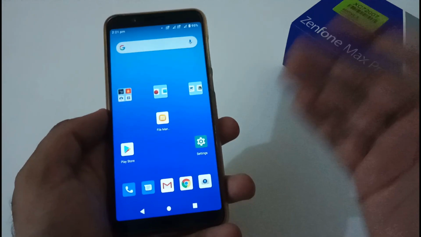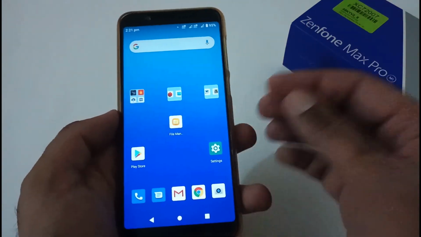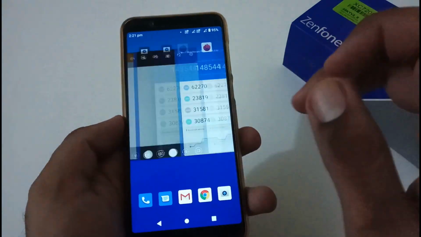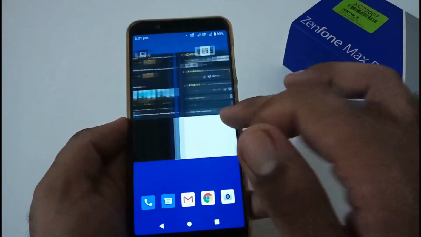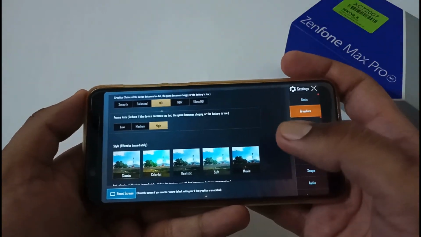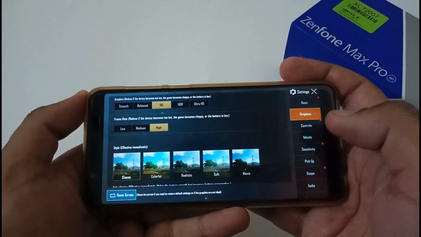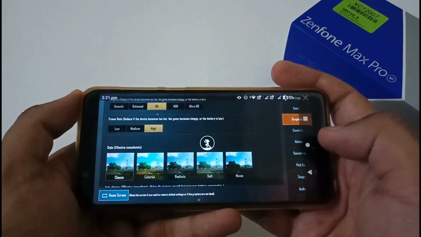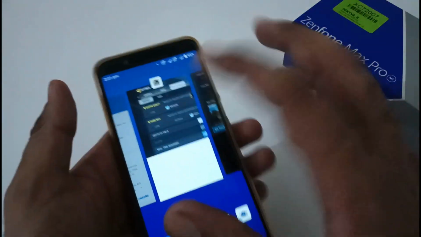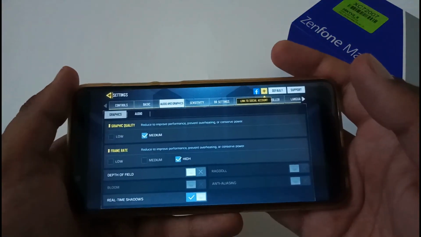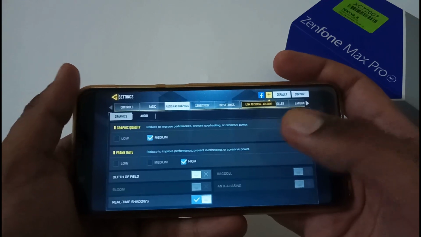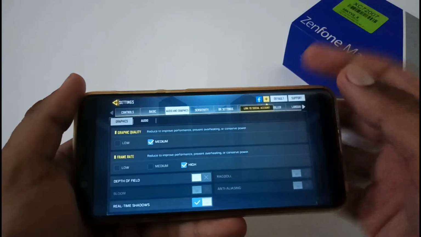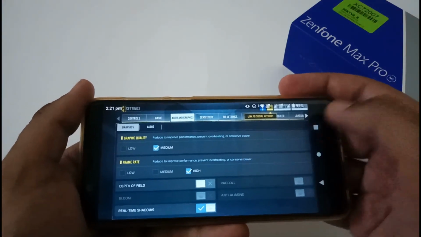Now the very last part is related to RAM or memory management. So let me open a few apps. Let's start with Call of Duty first. Wherever we left off, it has opened from the same screen rather than starting over. While creating the video, I had opened this particular screen. Now let me see in terms of Call of Duty. Okay, it has also opened from the same window or same screen. Sometimes it does prompt you with connecting to server and so on, but that's not a problem.